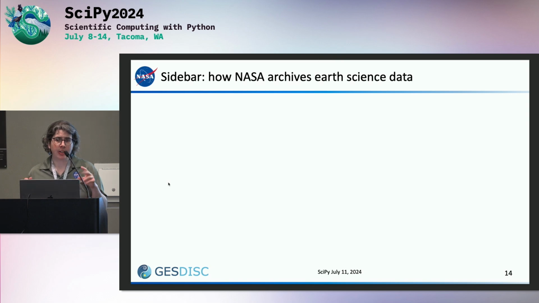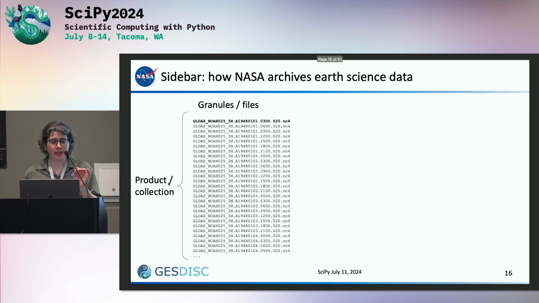I've used some terms here that, if you haven't dealt with NASA's data, are maybe unfamiliar to you, so I'm just going to take 2 seconds to talk about that. We talk a lot about products, sometimes known as collections, and these are just a group of files that for some reason we call granules. So